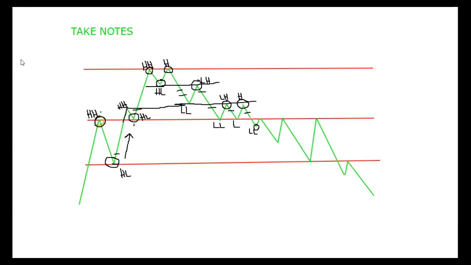Because I always pay attention to your support and resistance levels, because those are going to be your take profit zones. Those are going to be the areas where the market gives off exhaustion. Those are going to be levels that you want to pay attention to at all times. So me seeing, okay, I have a new lower low right here, but I already took entry at this high point. My projection, I want to get down to this point at least, minimum to right here. And I'm going to set my stop loss right here